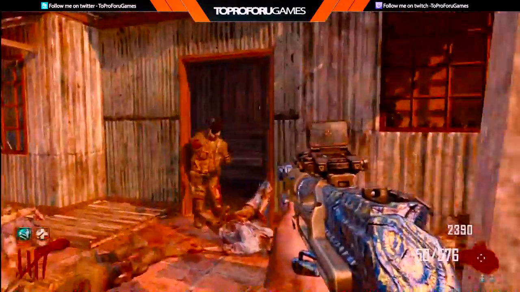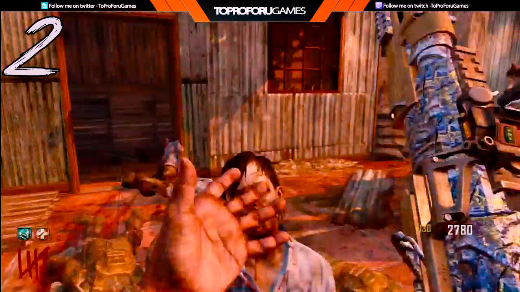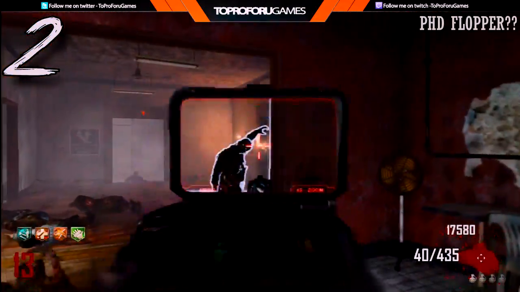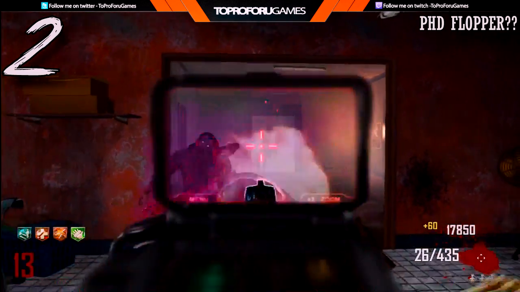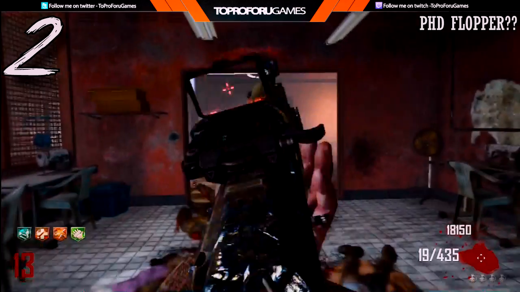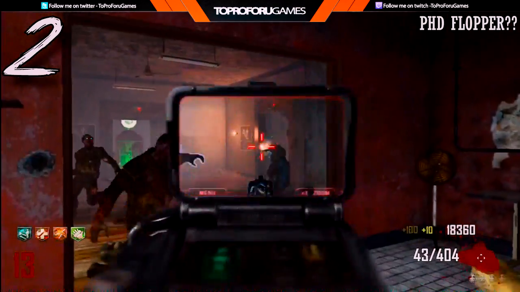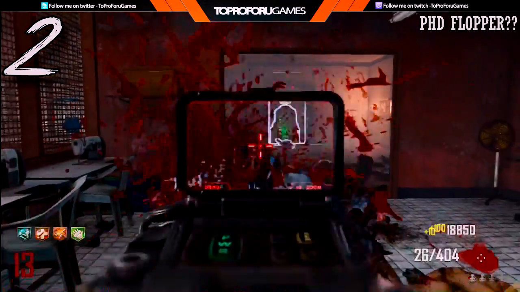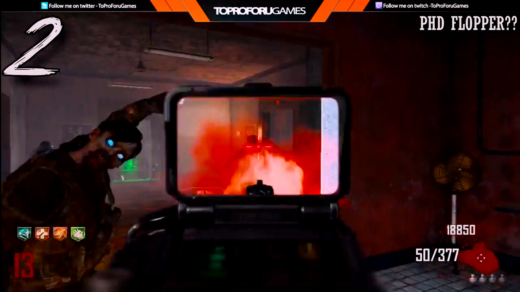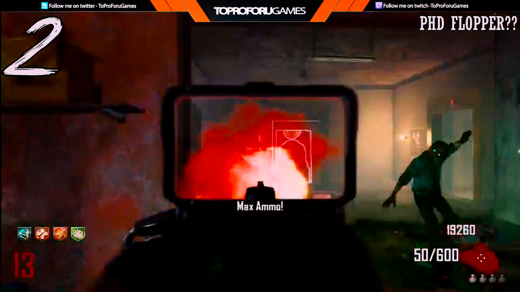So coming in at number 2, I put PhD Flopper down, but also I put down a different perk, because I think this would be a great way to replace Who's Who. Instead of having Who's Who, maybe not PhD Flopper, because it would kind of ruin the map. I really don't think PhD Flopper should be on